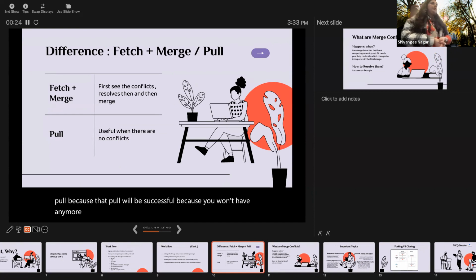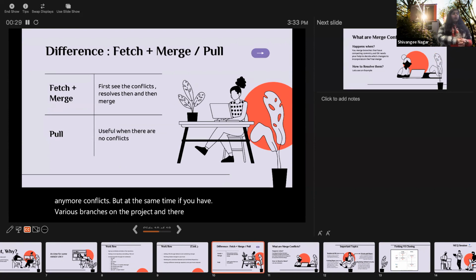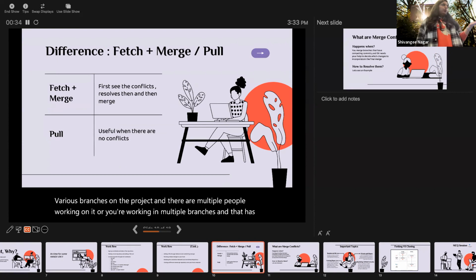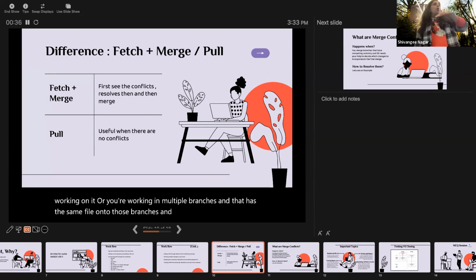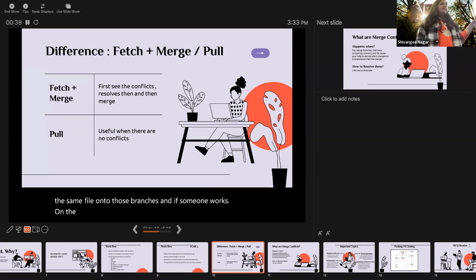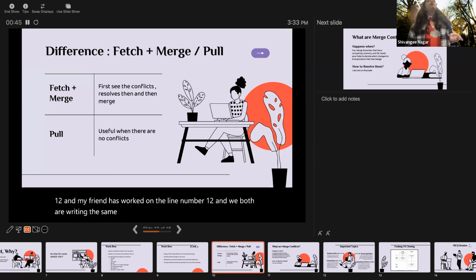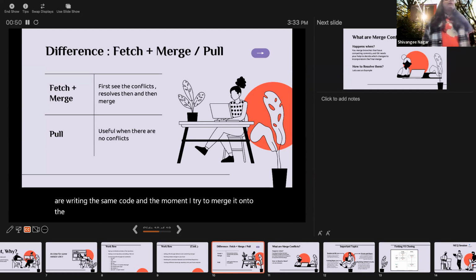But if there are various branches and multiple people working on it, and someone works on the same line of code, let's say I've worked on line number 12 and my friend has worked on line number 12, and we both are writing different code, the moment I try to merge it onto the base branch is when I'll have the merge conflicts. And if I do pull over there, I don't think that'll be successful because it will show me merge conflicts.